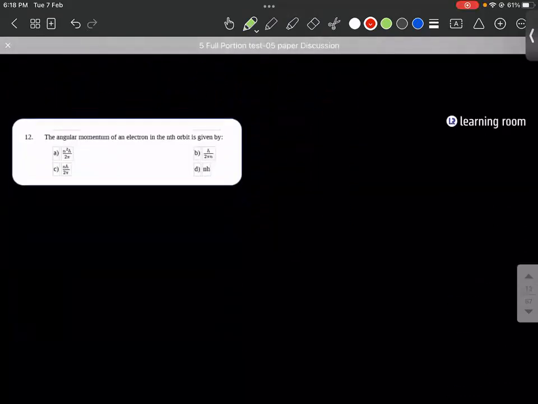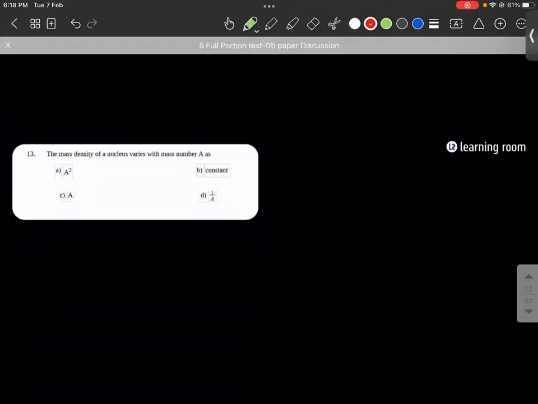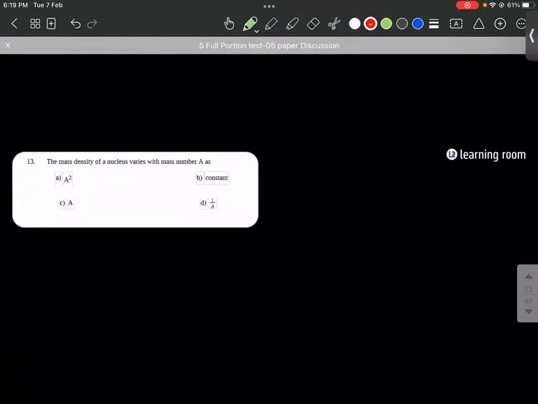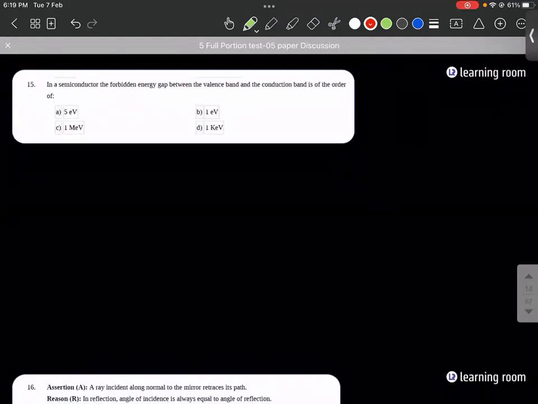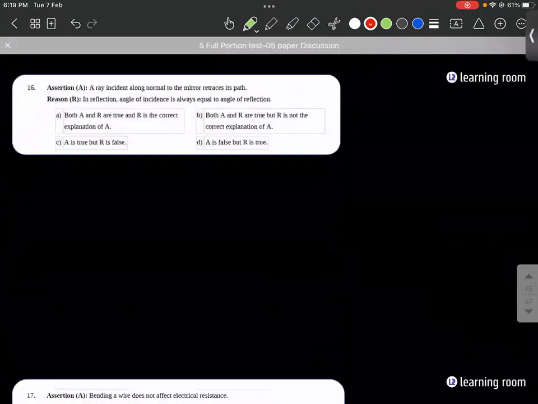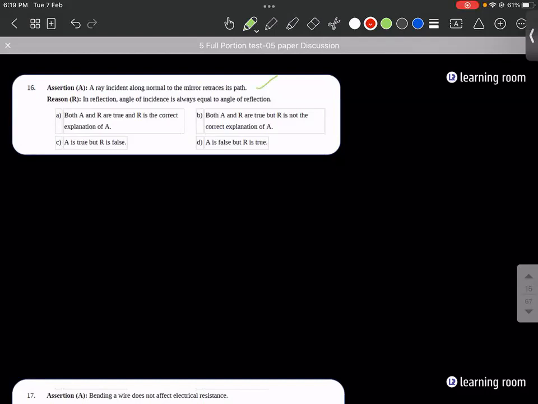The angular momentum of an electron in the nth orbit is nh by 2 pi. The mass density of a nucleus varies with mass number as a constant. Yes. In a semiconductor, the forbidden energy gap between the valence band and the conduction band is of the order of 1 eV. A ray incident along the normal of the mirror retraces its path. Yes. In reflection, angle of incidence is always equal to the angle of reflection. Yes, both are right. So when it is incident normal to the surface, angle of incidence will be equal to